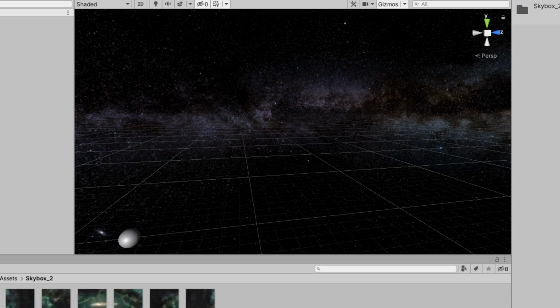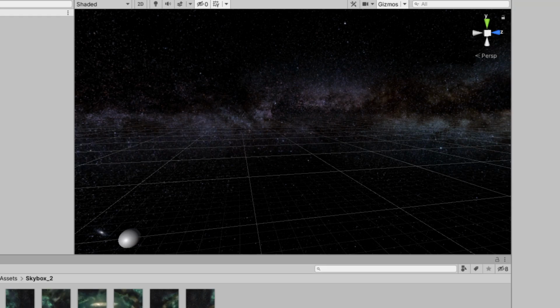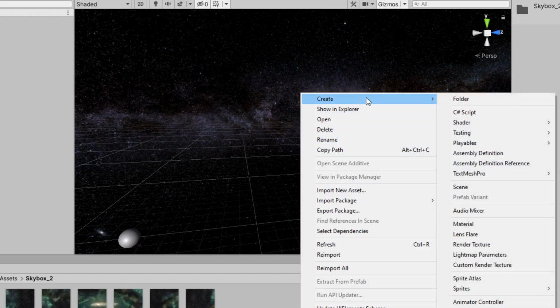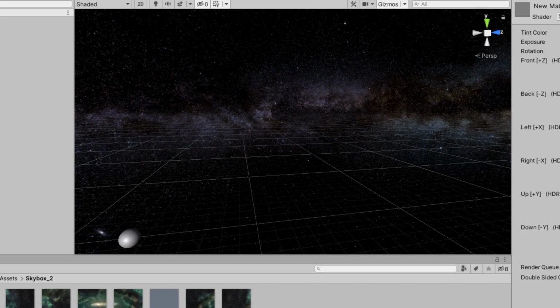The other way is using six-sided images. You see the different types of images that we are seeing: back, down. In this, we do the same. We go to create material, but this time in the skybox, we will be creating a six-sided one. You see, there's a front, back, left, right, up, down. So we'll be applying the images the same way. We have the back, so we go to back and apply that. We have a down,